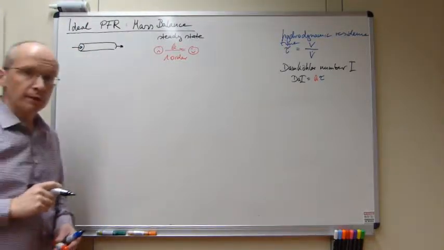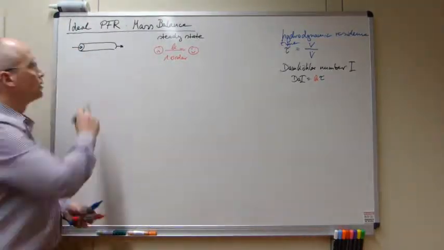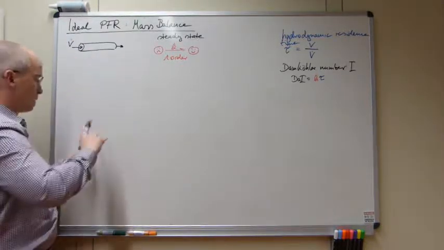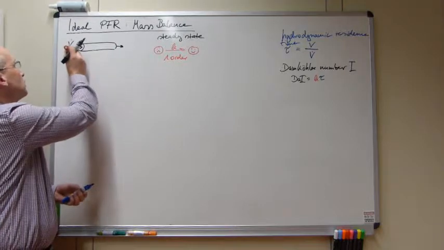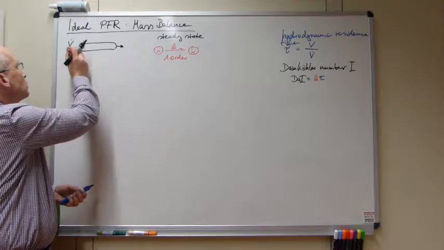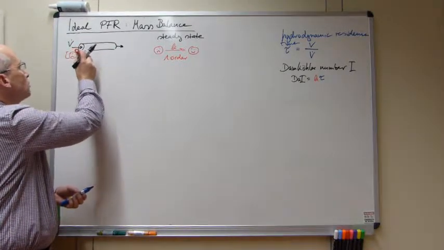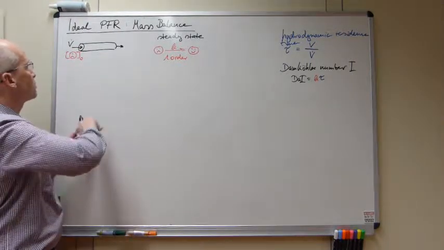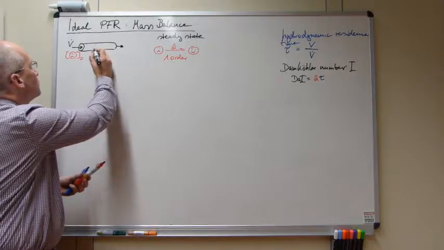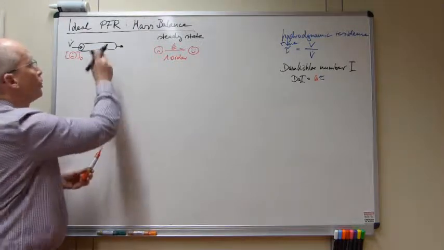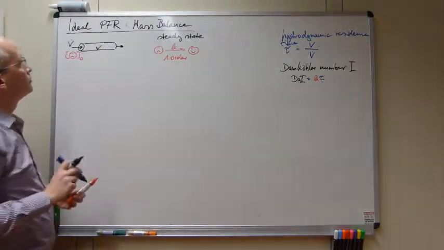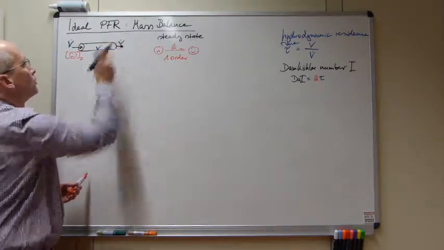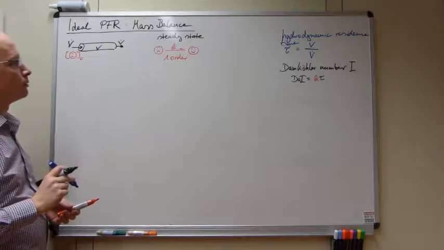So the plug flow reactor will be this one here. We will have a volume flow in here. There will be an initial concentration of unhappy students in there. And of course we will have some outflow conditions. We will have some volume in here. And of course we will also have the volume flow out here.